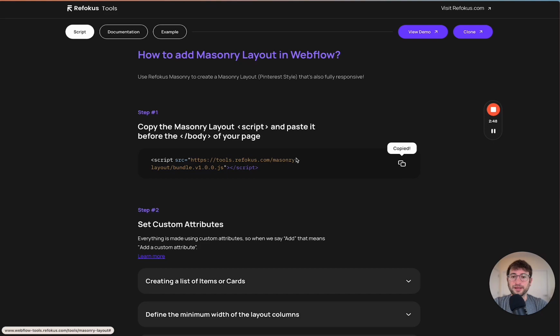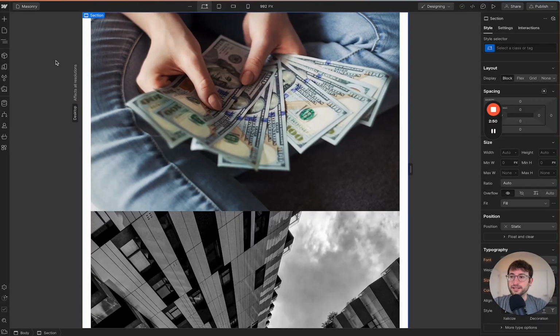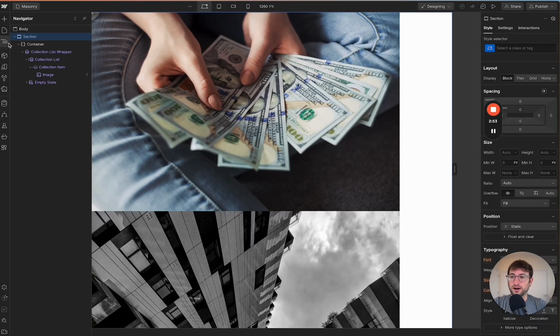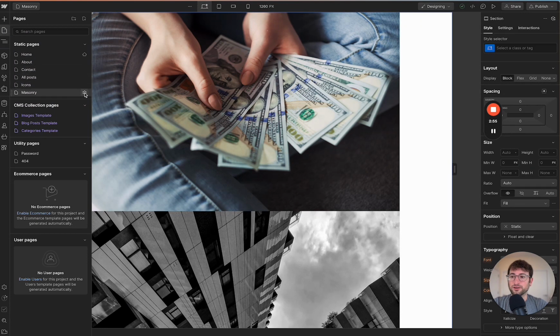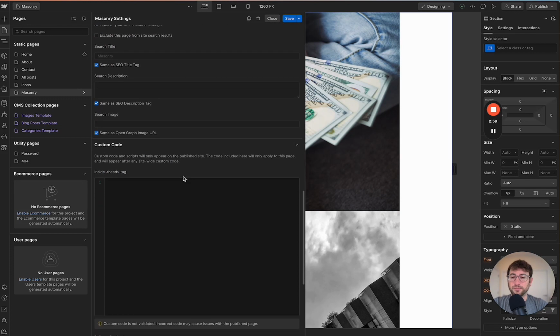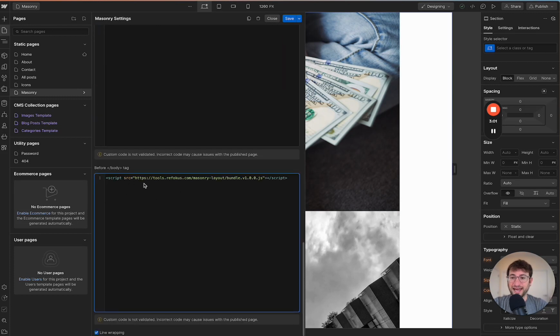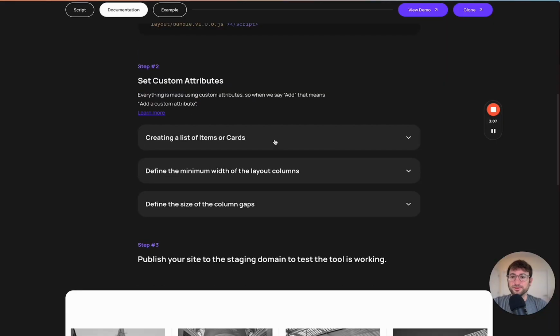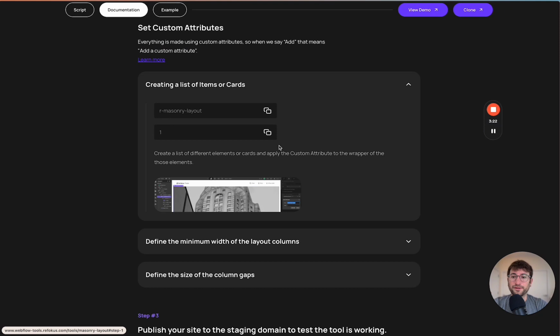So I copied it, and I'm going to go back over to Webflow. And here in Webflow, we're going to go to our page. We're going to go to the settings of the page we're on, and we're going to go ahead and put this inside of that body tag. So we're going to do that and click Save. And now what we need to do is set custom attributes in our Webflow site to set the settings of our Pinterest layout. So the first custom attribute we have to do is creating a list of items or cards. So I'm going to copy